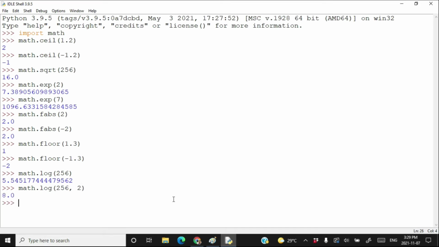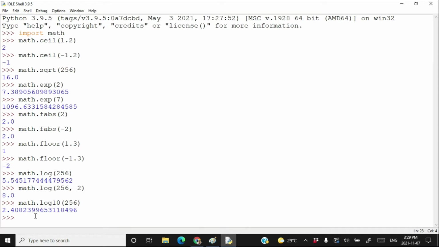Press enter, I got 8.0. There is a method in the math module called log10. The log10 method only calculates logarithm on the base 10. So if I write here 256 and want to calculate logarithm on base 10, I will get this as output.